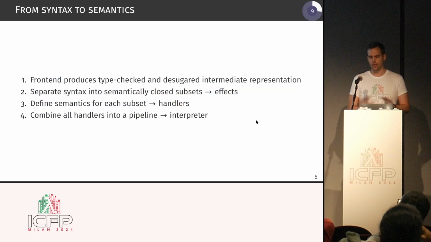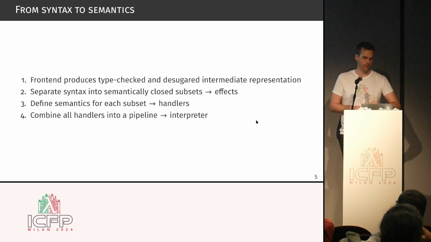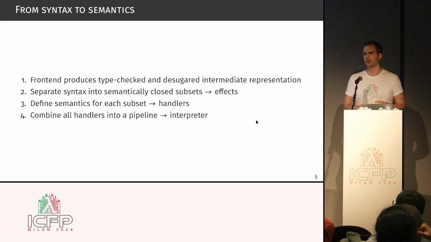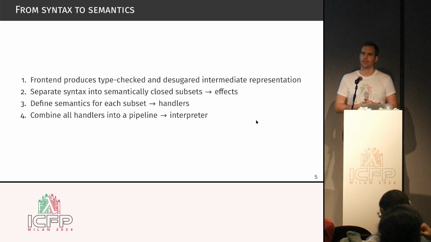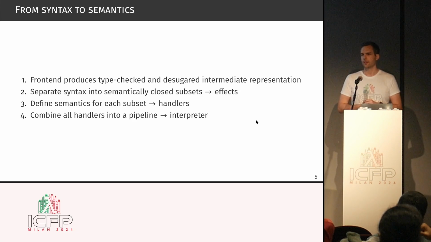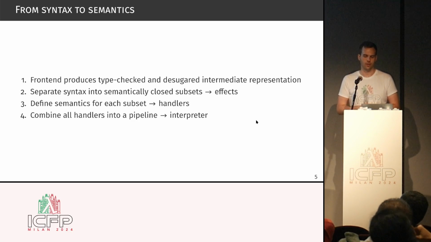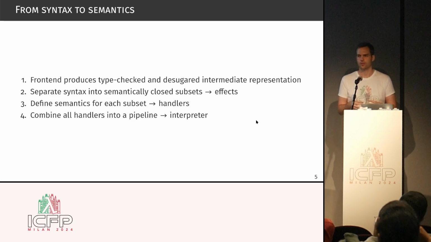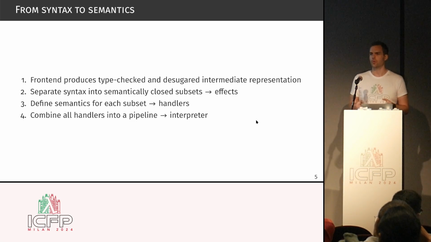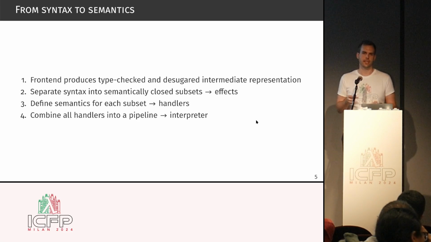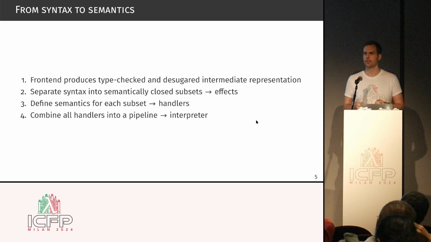Okay, so now we have the basics about Curry. How do we get to the interpreter? So in my case, I'm cheating a little bit, because as we saw in the keynote, writing the parser and that sort of stuff also takes time. So we have the query front end, and the query front end takes query code and produces an intermediate representation called flat query. And that removes all the more complicated syntax stuff. So we end up with a fairly small data type with, I think, 8 constructors,